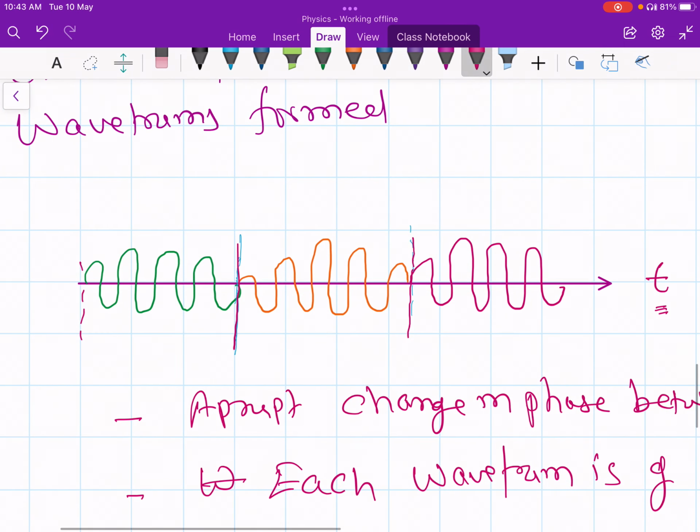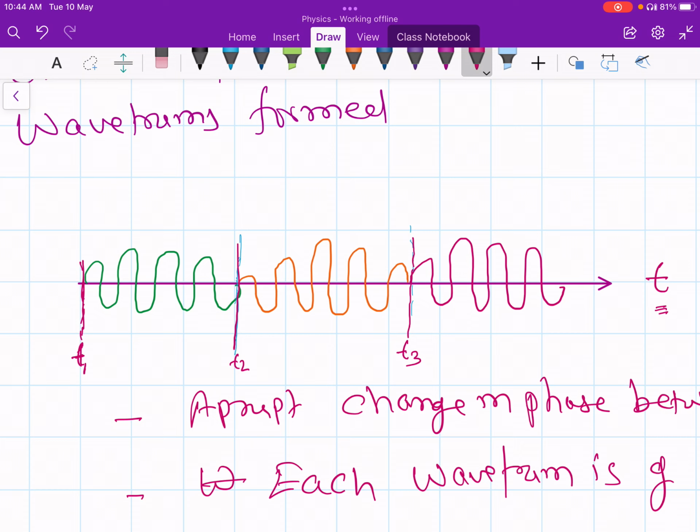In this diagram, as you can see, the axis is the time axis. And suppose this wave packet starts at some instant t1 and ends at another instant t2. The second wave packet starts at instant t2 and ends at some later time t3. Now, as per the definition of the coherence time, the time during which the phase of the wave is predicted reliably, that time is called the coherence time. If this wave packet starts at time t1 and ends at time t2, then between t1 and t2 you can predict the phase reliably, as those instants would be on the same wave packet